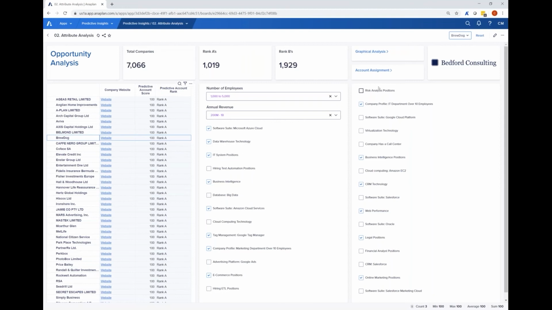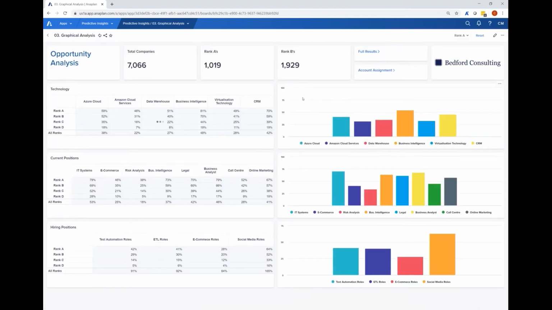I can also then start to do analysis at a slightly higher level. So if I look at my analysis here, I can see by rank. The rank of A to D is just determined by that score. For example, I've said everything above an 85 is an A, everything above about a 70 is a B. And we can start to identify common attributes